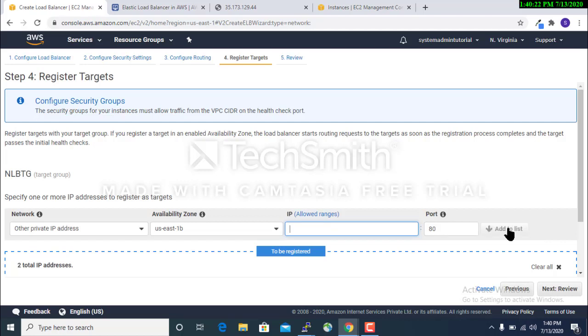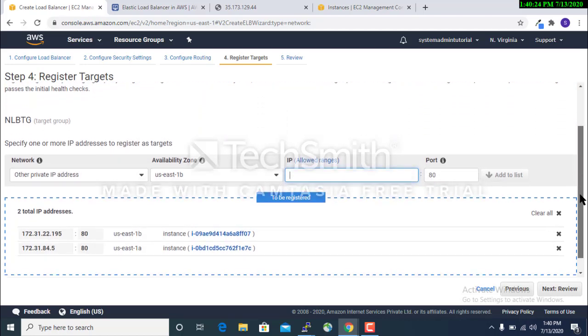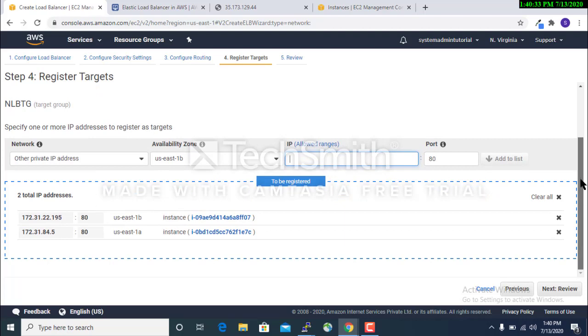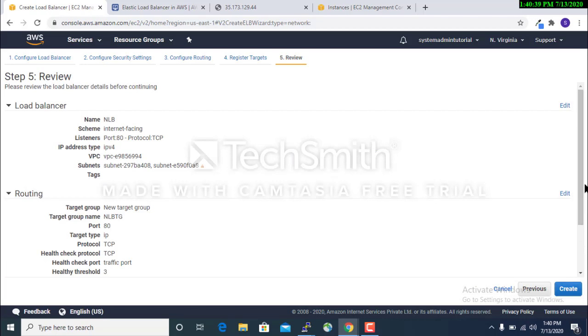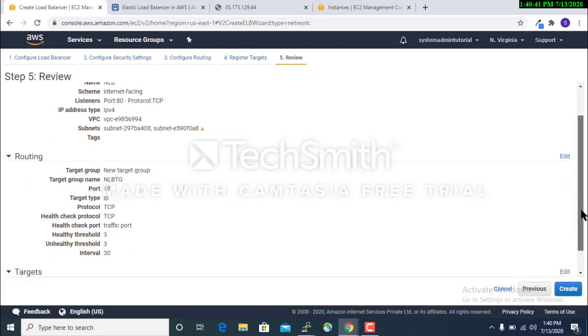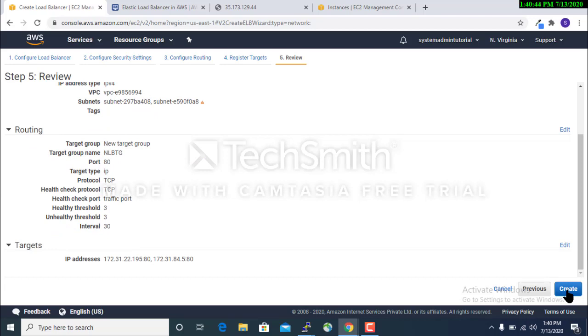Then go to add to list. Here you see two addresses added into the list. Then next, review, then create.